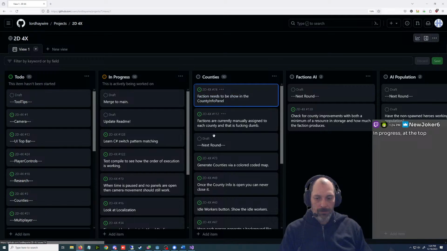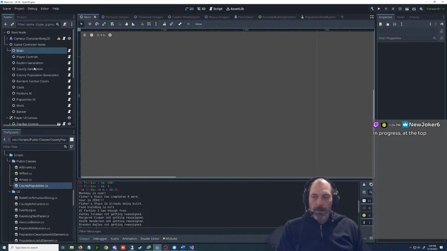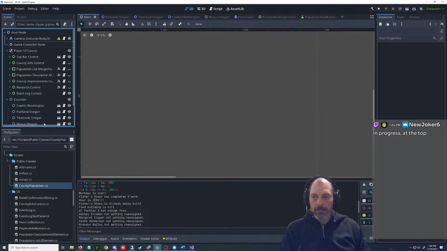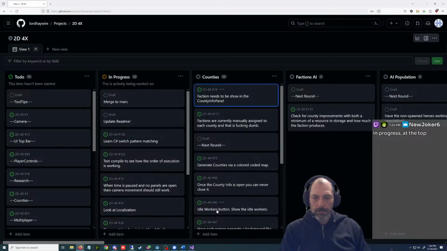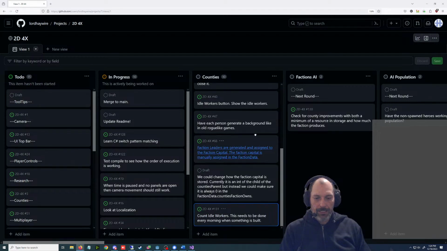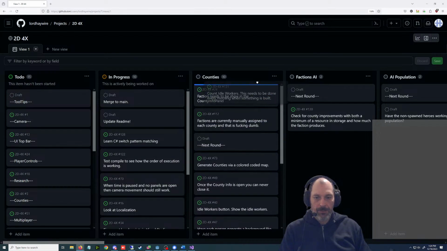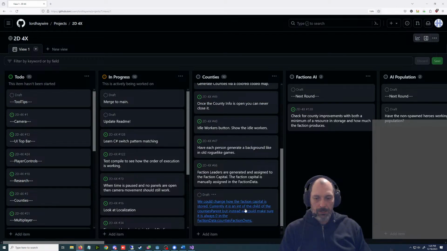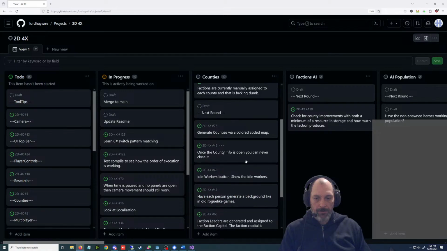So let's go with this. This is the thing we want to do, and this is not going to be that hard. Very soon I'm going to add this to the list too. Let's see if we already have it. The whole thing about counting idle workers I didn't even get to. I got sidetracked. Faction leaders are assigned. Yeah, show idle workers.